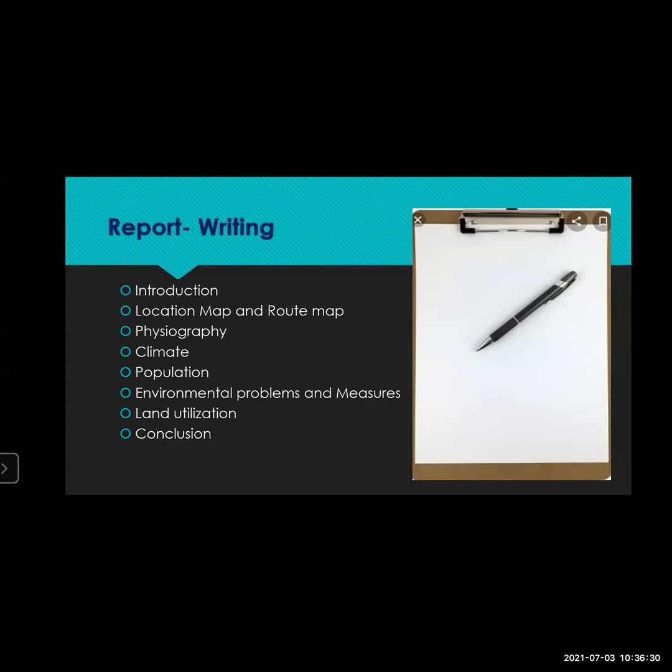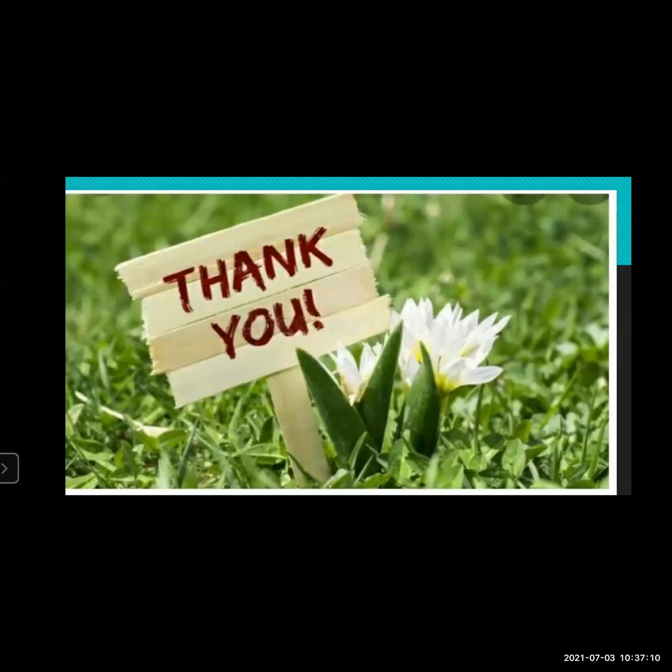So this is the last part of your first lesson, distributional map, and I think we have grabbed everything. Not even a single thing will be left inside that distributional map lesson. That is lesson number one. We have grabbed everything. We have learned dot method, isopleth method, choropleth method. We have gone into the details of the geographical field visit, which is very, very important. We have also seen what precautions should be taken, what things to carry, and we are done with the whole lesson. And students, thank you very much.